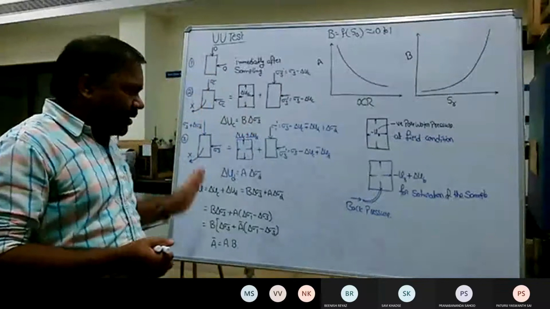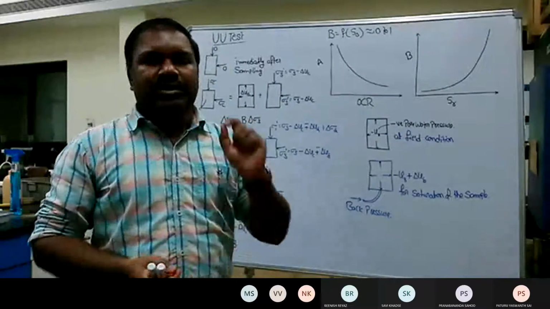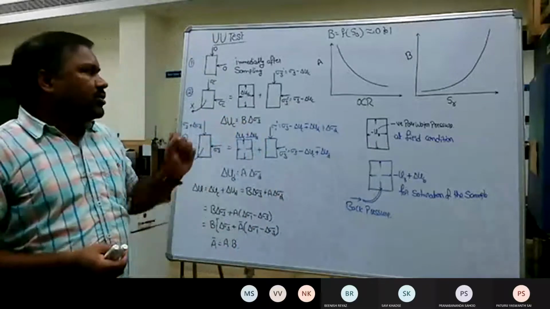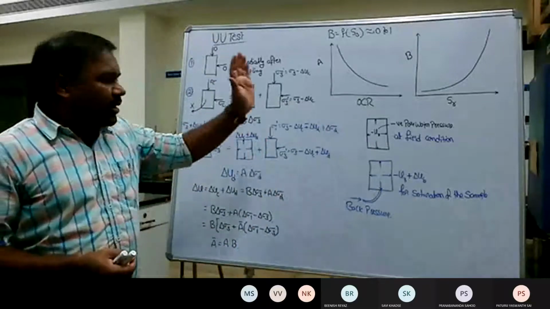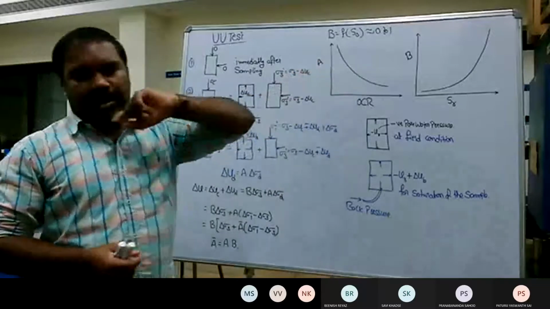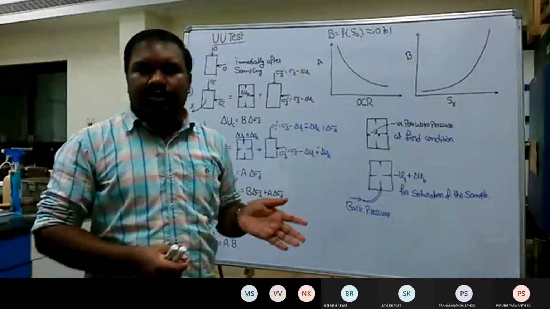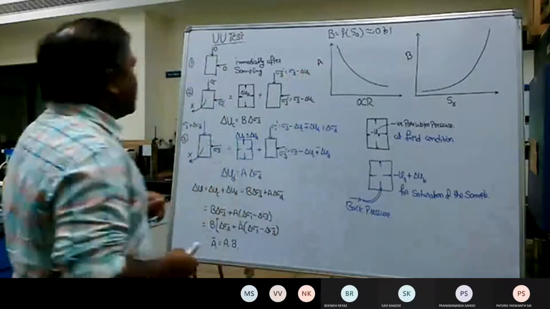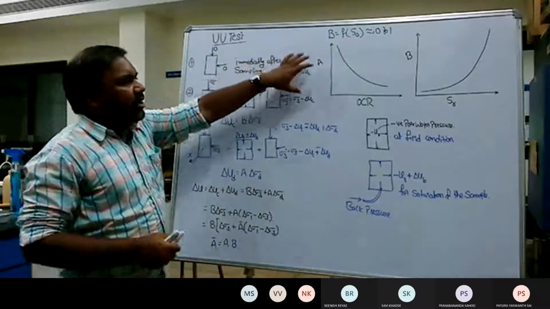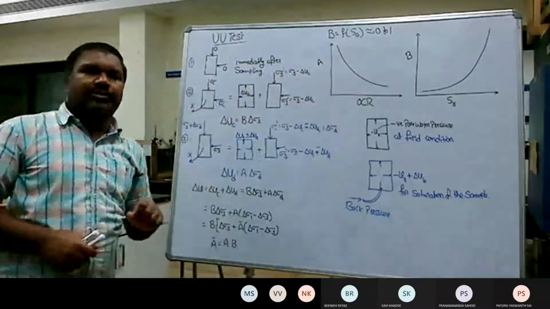But there is a big philosophy and theory behind the derivation of each and everything, so we'll just superficially touch upon it. What are these pore pressure parameter A and pore pressure parameter B? When and how will they get developed, and so on and so forth. So first of all, the determination or verification of the pore pressure parameters A and B comes into the picture